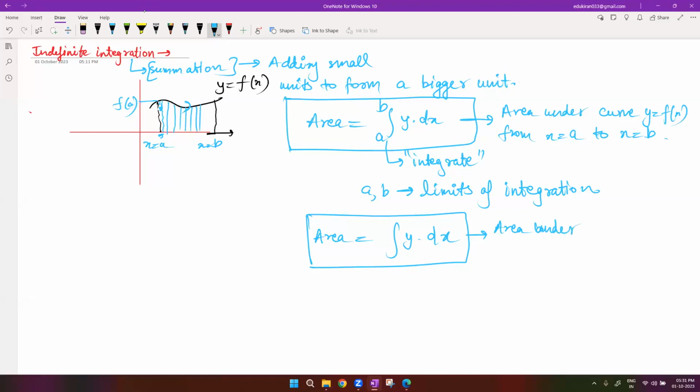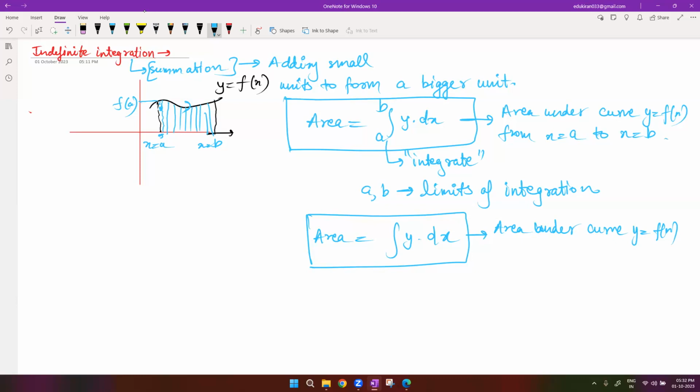under the curve y equals f(x), but this includes the area from wherever the curve is starting up to wherever the curve is ending. So this is not just this area. This shaded portion is represented by this. So if I take limits of integration, it means that I want to find out the area of a certain portion. Or you can also see it like this, that if I'm putting a limit on integration,